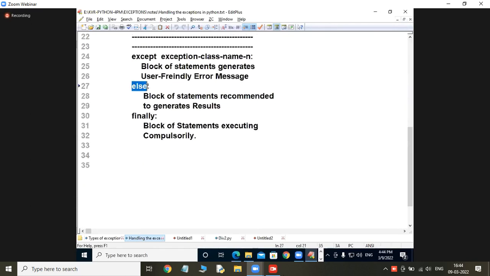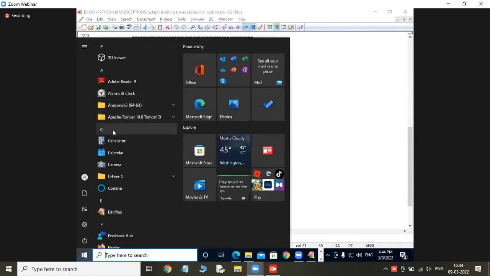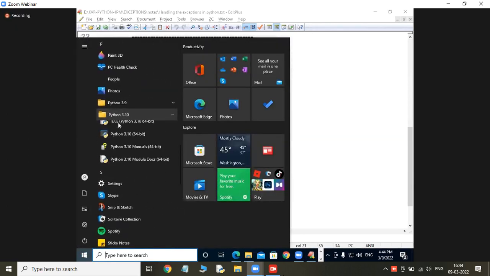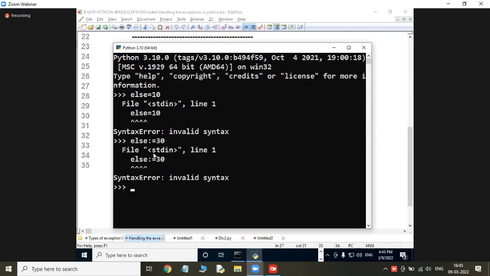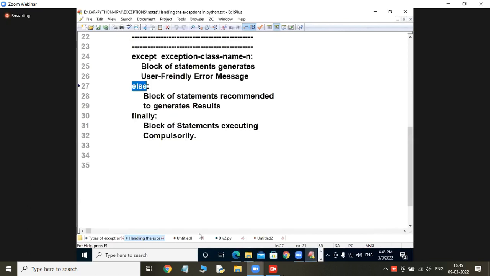Else is always else only. Else is a keyword. Where I taught this type of example already in the sessions: else is equal to 10, what is that? Invalid, syntax error. Else colon is equal to 30, that is invalid. Concentrate more clearly.